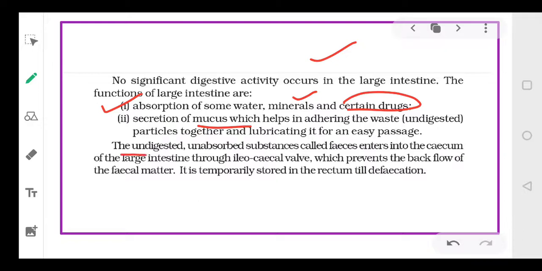And the undigested, unabsorbed food will be removed from the body in the form of feces through the anus. This process is called defecation. So whatever food we have eaten, the body will utilize whatever could be utilized, and whatever portion is left will be considered waste for the body, and that portion will be removed out of the body.